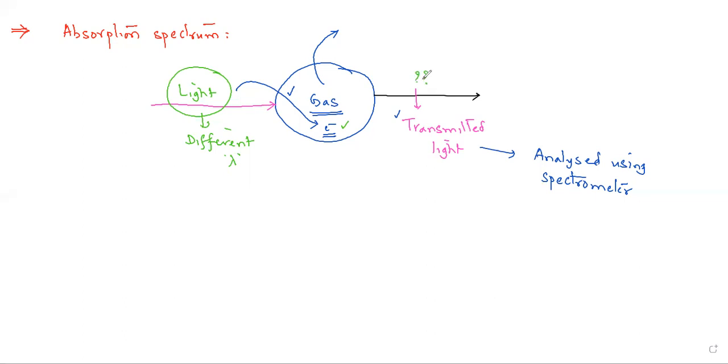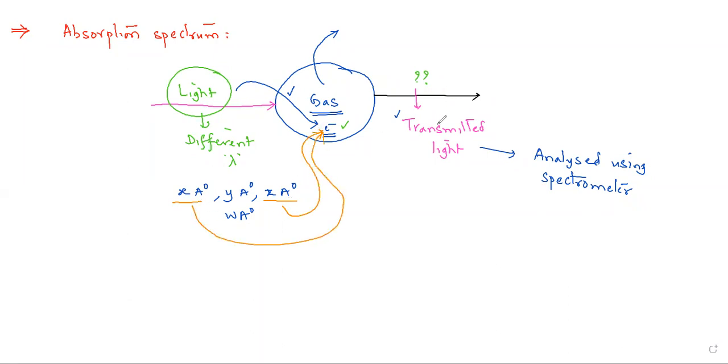Absorbed radiations will be missing. Suppose you got X angstroms, Y angstroms, Z angstroms, W angstroms kind of radiation. Now, if X angstroms and Z angstroms wavelengths have been absorbed by the electron,